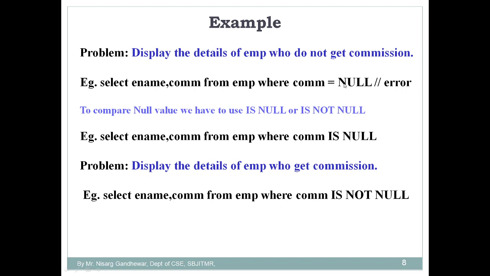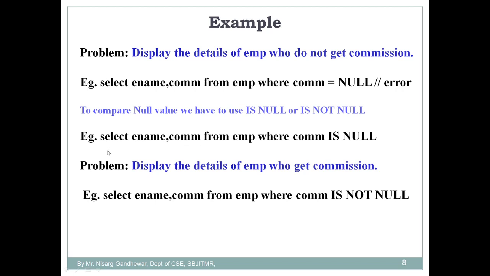But suppose you write such a query, you will not get an appropriate output. Why? The reason is very simple, because a null value is not comparable with equals to, less than, greater than or any operator. So that's why you will not get a correct output. Then how to get a correct output for that particular query? The simple thing is that you need to make use of the clause called IS NULL.